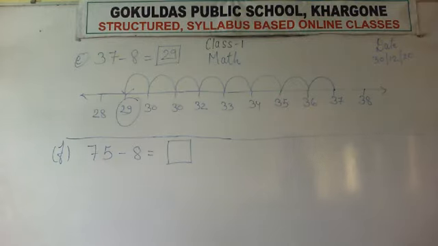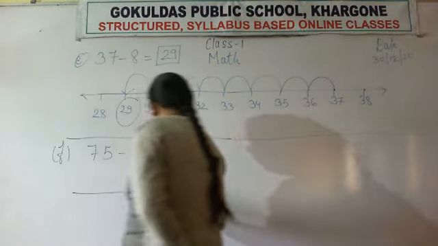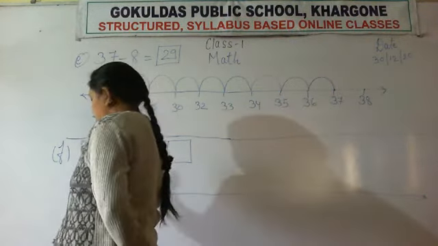Then I will give you some homework questions also. So first you try to solve this question number F, that is 75 minus 8. First draw the number line and write the numbers in reverse order. But कहाँ से लिखना है? That you write. I will not tell you, because first you try to solve it, then I will solve it on the board and you check your answer. Okay? So you try to solve this question. Do it yourself fast.